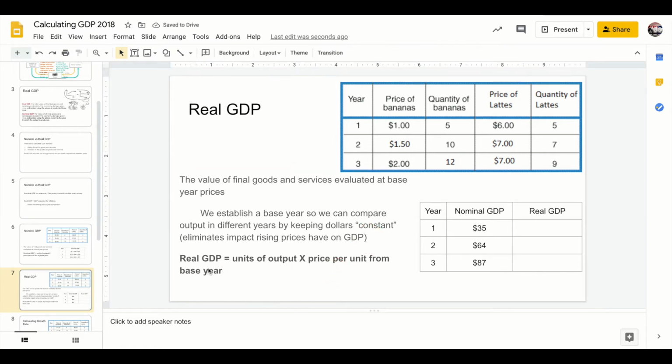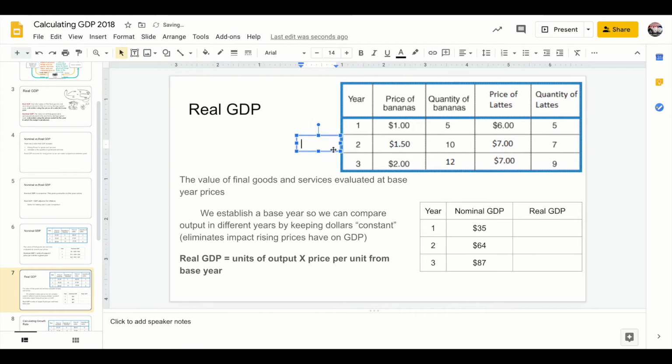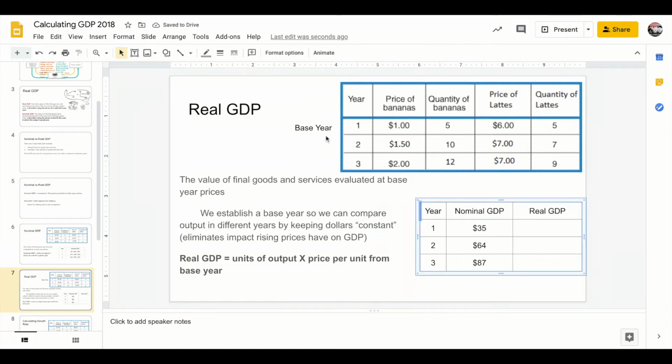So the way you do this, real GDP, you take the units of output times the price per unit from the base year. I am going to create a base year right now because I realized that I never did that. Year two is going to be our base year. Okay, so that means, oh wait, no, I don't want to do year two. We're going to do year one because $1 is easier than $1.50 math. Okay, so that means that